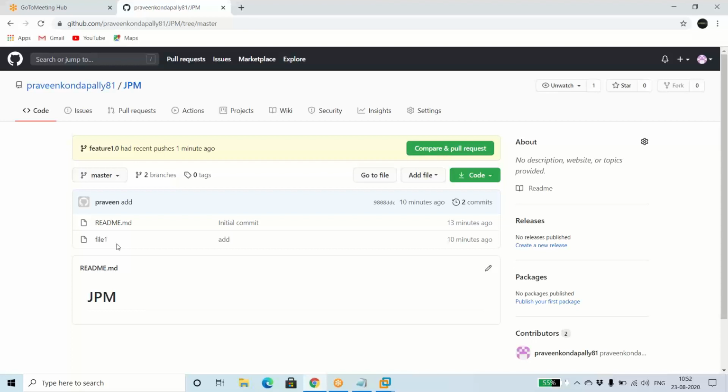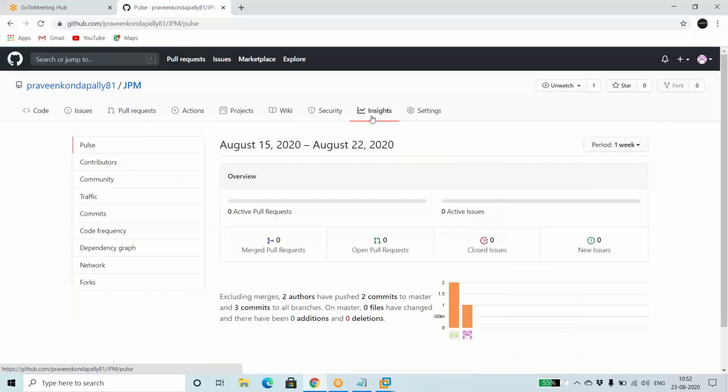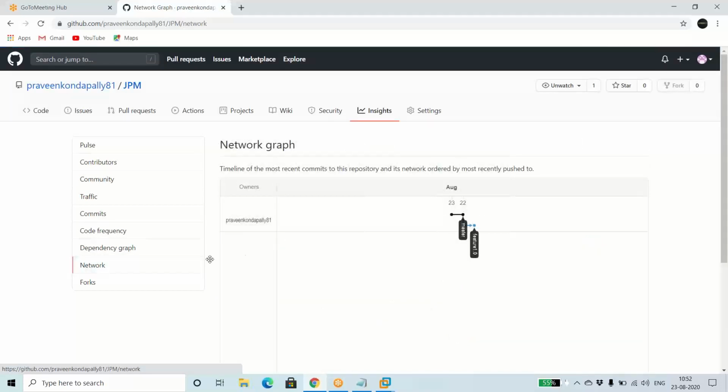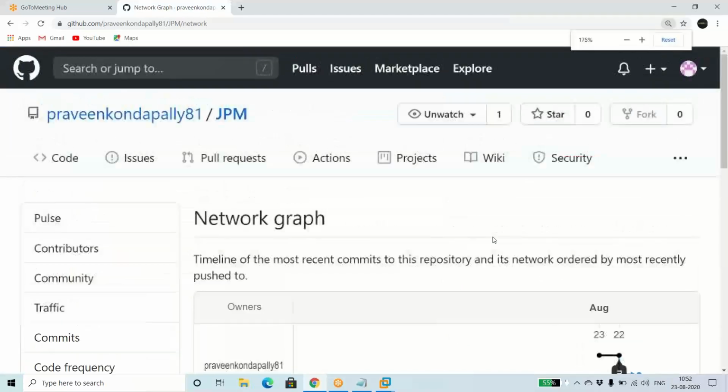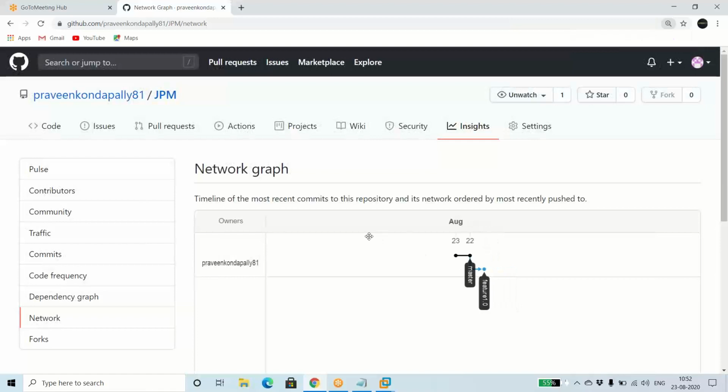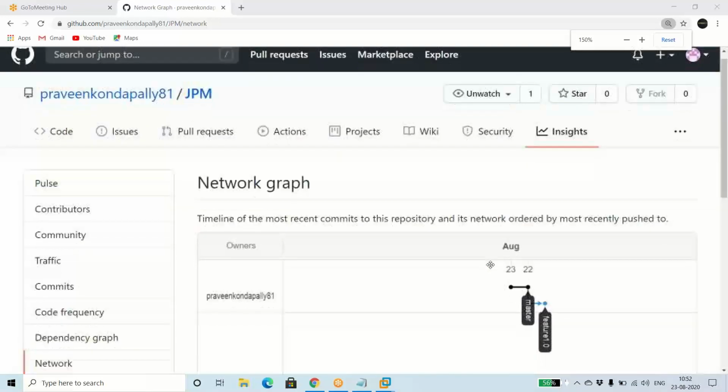Assume master is a code and feature one is also a code. We can merge both codes. Before that, I'll show you something called insights over here. You click on insights, and you have network. You see this?